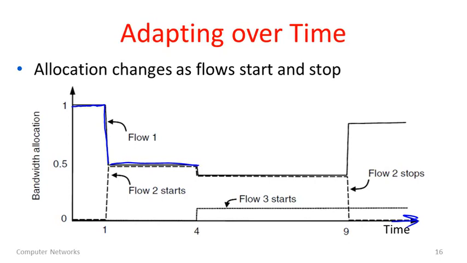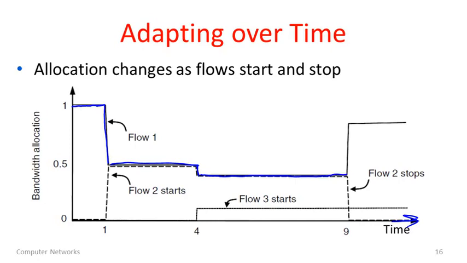We don't know why. Maybe it's bottlenecked somewhere else. Maybe it just doesn't have that much traffic to send. But at any rate, that means since it's using less than its fair share, if it was using the same link and it wanted to send more, flows 1 and 2 are going to divide the bandwidth that's left. So flow 1 will now get a little less. Flow 2 will also get the same amount. And they're going to go on until something else changes.